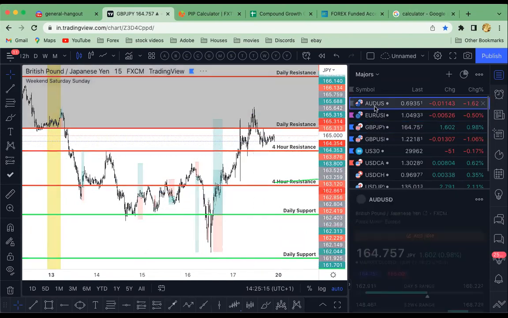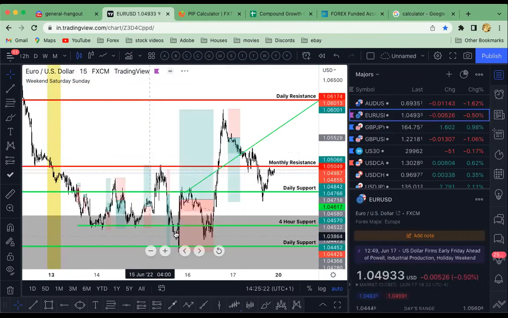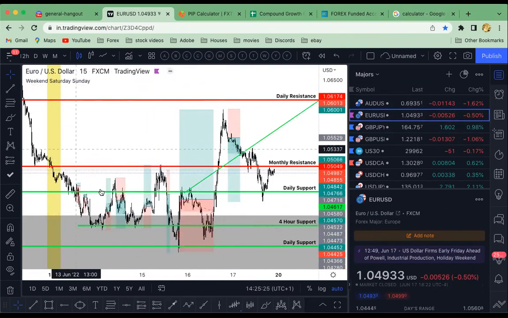And then if we go to AUD/USD, it did it here. Where is it? Yeah, it did it here. And then we go to EUR/USD. It did its one later. Do you understand? So if you were doing that and splitting your risk between all of them, you're going to